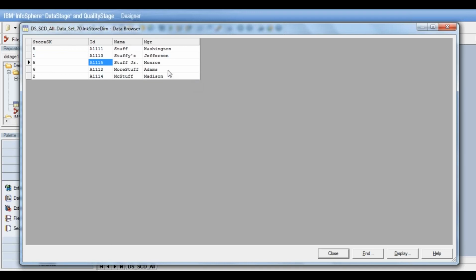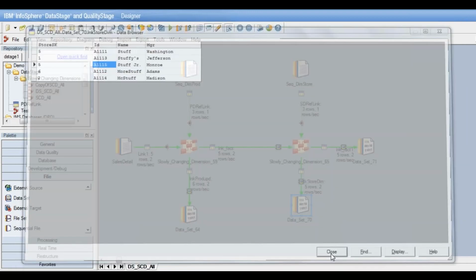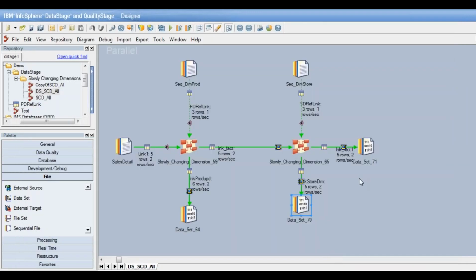So here there is no way to identify which is a new record and which is an update record for a type 1 dimension. So this is the only drawback probably, that we cannot identify the insert records and the update records, whereas if we use the change capture stage, we could identify the records separately. Otherwise, all the functionality that we implemented yesterday through multiple stages is implemented through this one stage. So depending on the project requirement, we can go for this stage. If we simply have a simple requirement, then we can go and upsert in the database table.